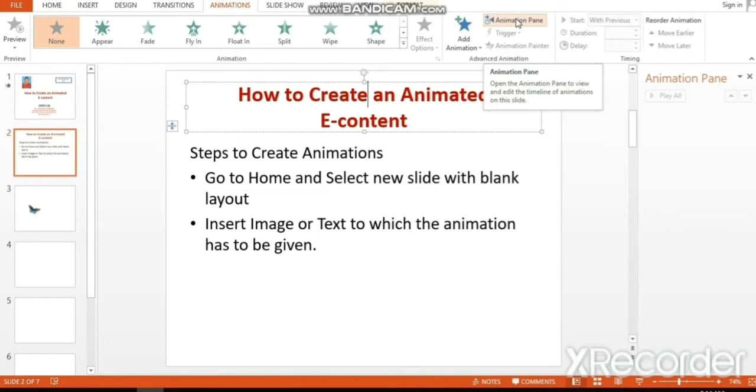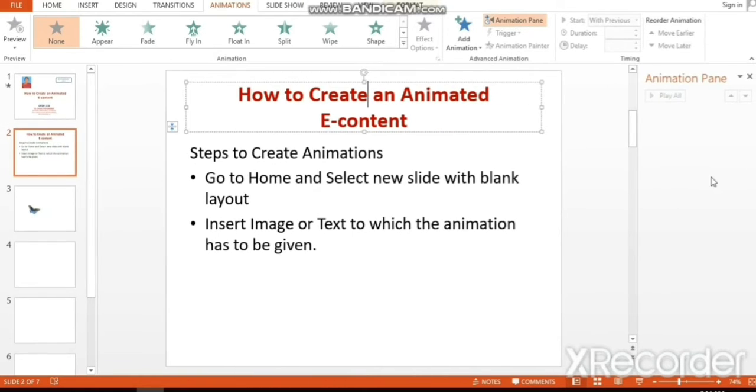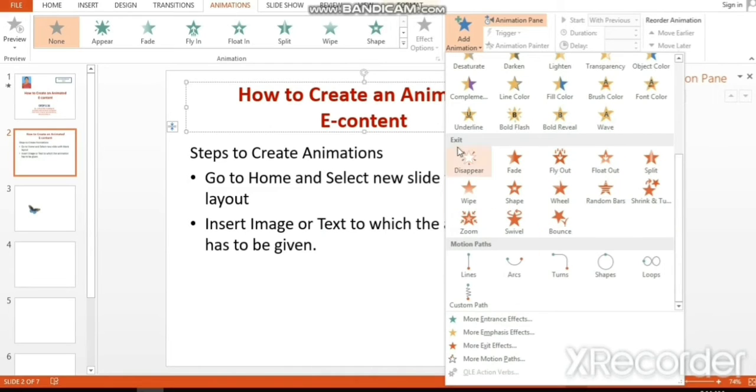There are 4 options to apply. The effects are entrance, emphasis, exit and motion paths. We have more entrance, emphasis, exit and motion paths too.